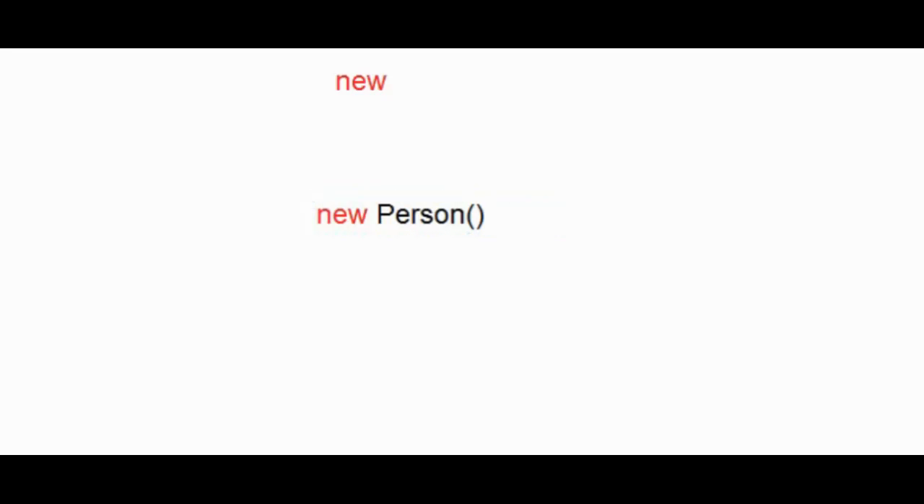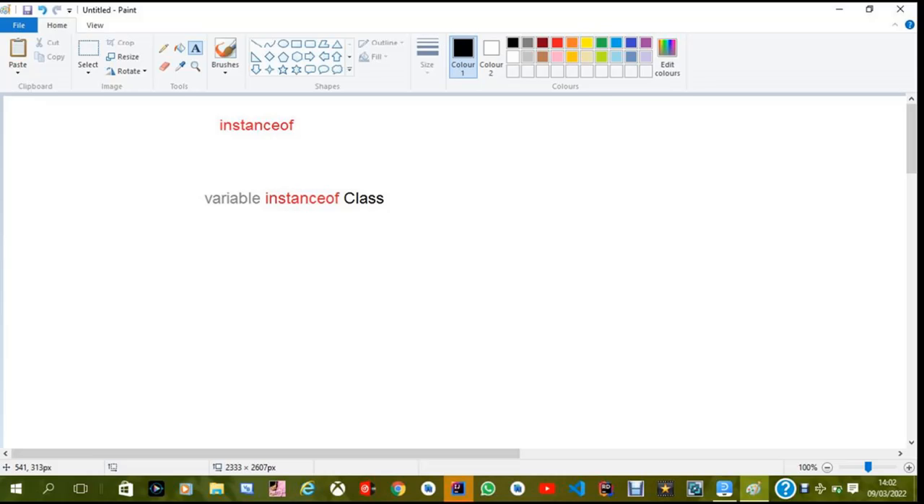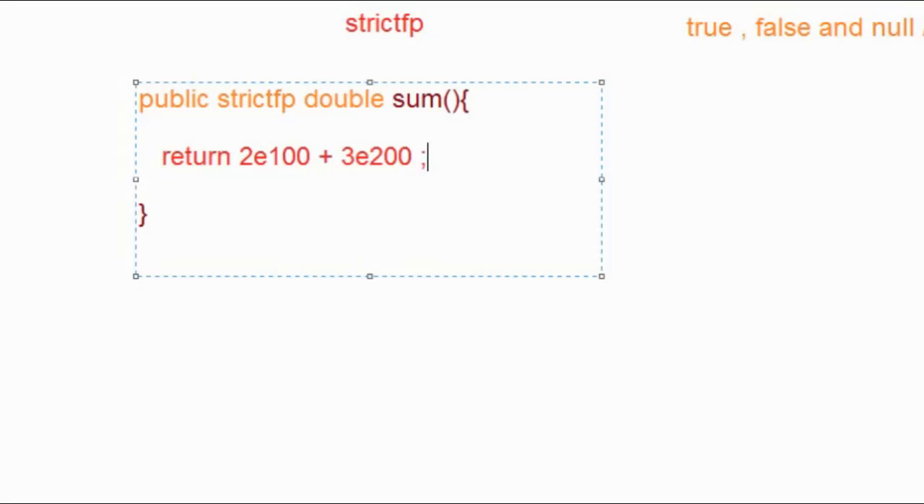The next keyword we are going to look at is the new keyword. The new keyword is used to create instances of a class. So to use it, you just type the keyword new and then call the constructor of the class. Another keyword is the instanceof keyword, which is used to check if a variable belongs to a certain class or an interface. So the last keyword is the strictfp,